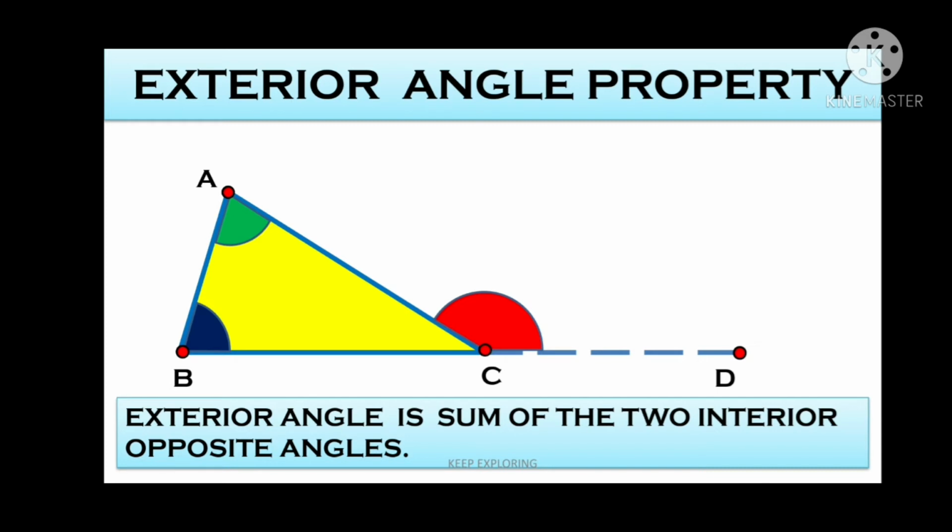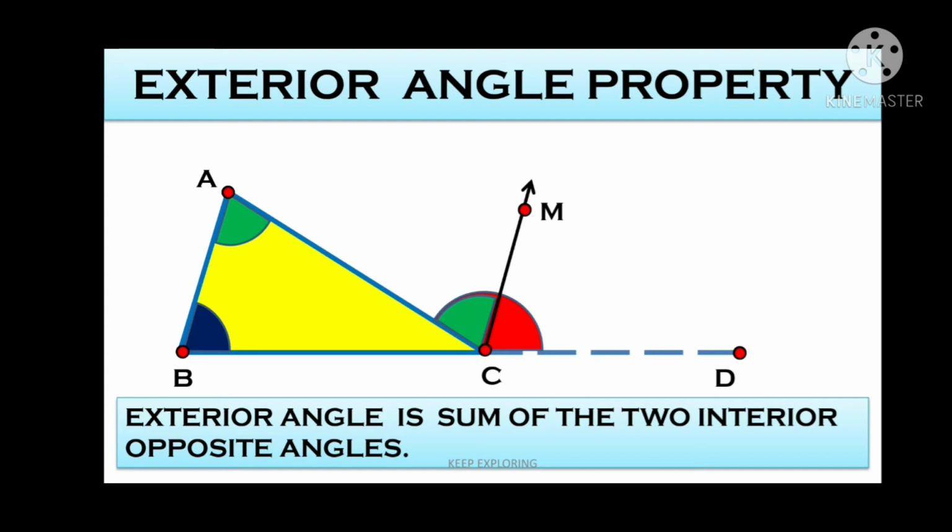Now let's see how it works. For this, let us draw a line parallel to the side AB. Let it be CM. So from the point C, we have drawn a line parallel to AB. So AB is parallel to CM. So here we get two parallel lines, and if we consider AC as the transversal, so BA and CM are two parallel lines and AC is the transversal. So we can see here